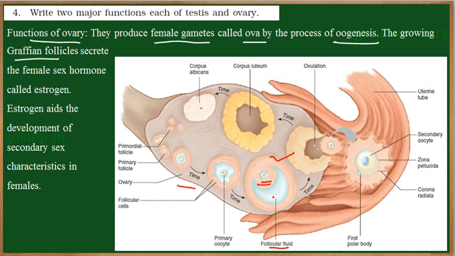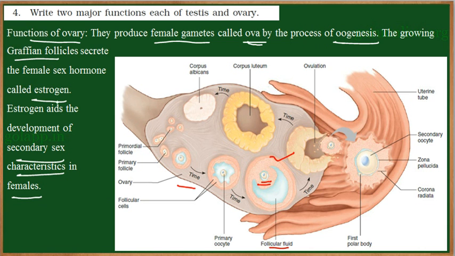Now this Graafian follicle produces a hormone called estrogen. Now estrogen is another important hormone in females, which is required to maintain the secondary sexual characters in females. So just like testes, ovary also plays two important roles. One is it produces the female gamete called ova by the process called oogenesis, and the Graafian follicle, which is the fully developed follicle,